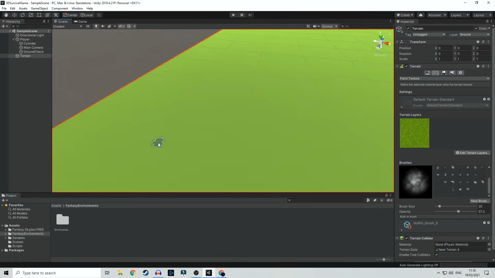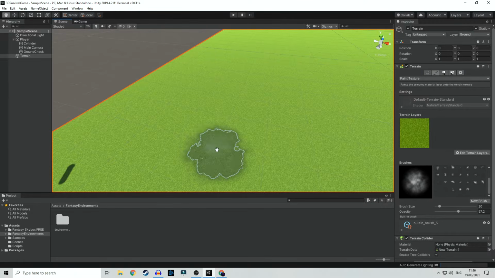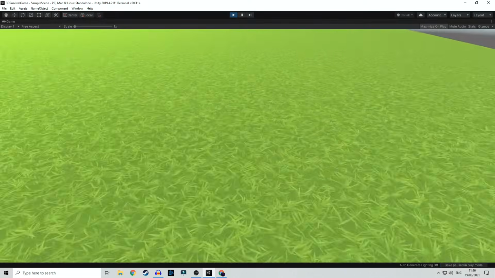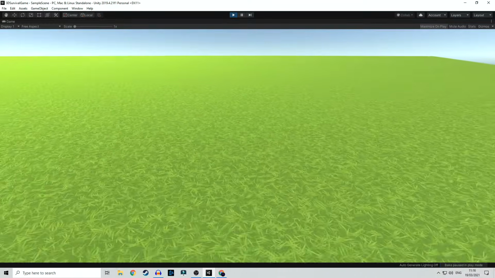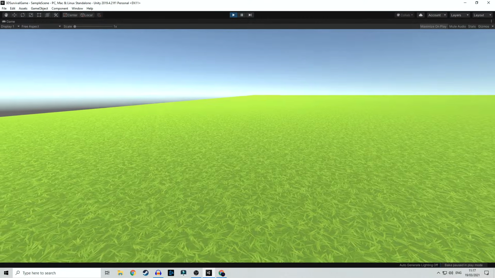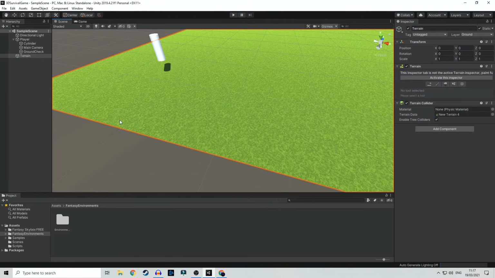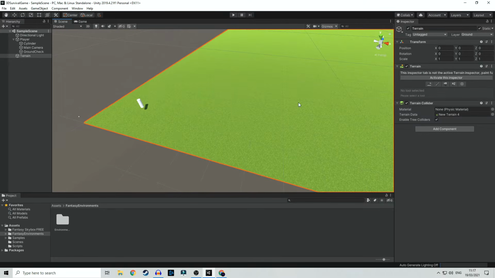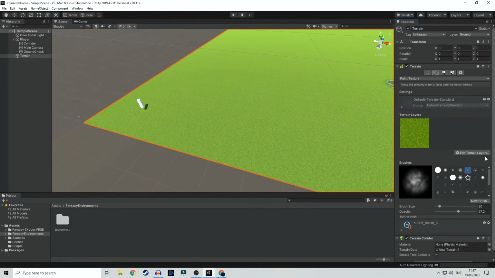Okay, so now we can see that we have this. Let's just start the game. We have this nice, cool terrain. Okay, so it's very easy. But what if we want to add more textures to this terrain? What if we want to have like a different rocky area, or we want to draw some kind of path over here? So all we need to do again is go to our terrain and click here again